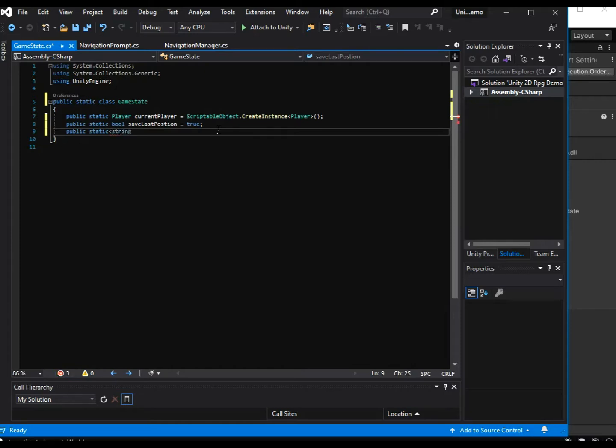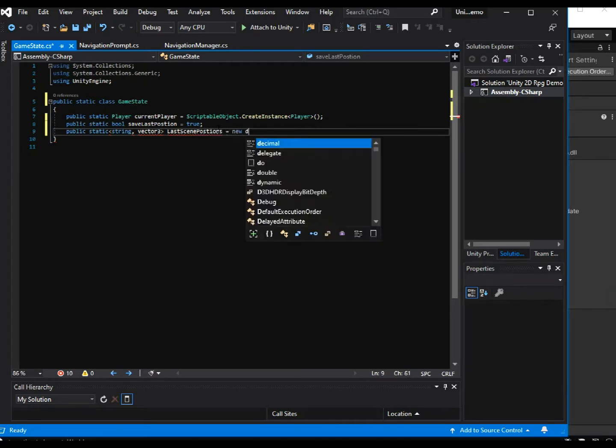So we're going to say dictionary string, vector3, and then we're going to call it last scene positions, I can't even spell here, equals new dictionary,